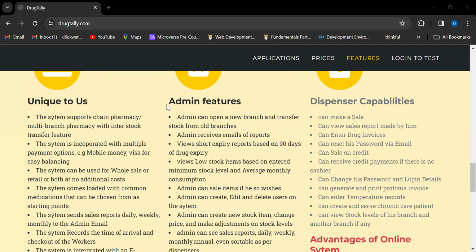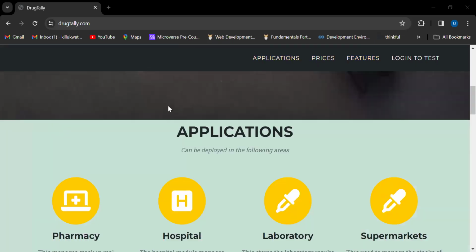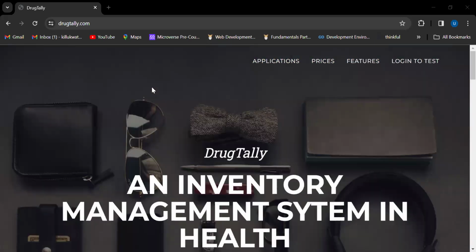Okay, hi everyone. Today I want to introduce to you a system called DrugTally. DrugTally is an inventory management system that is used in health. So what happens is with DrugTally,